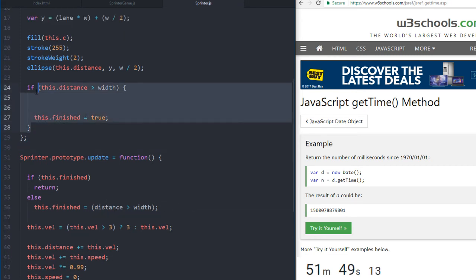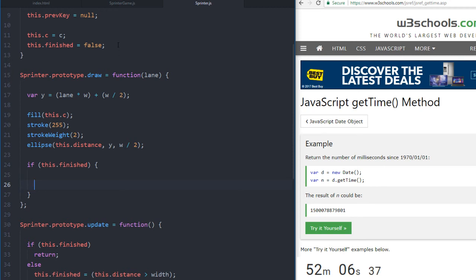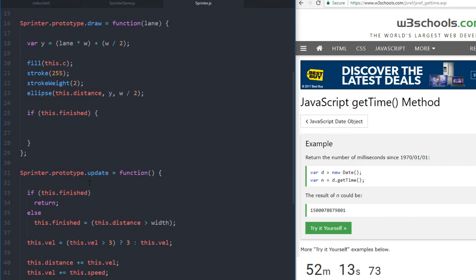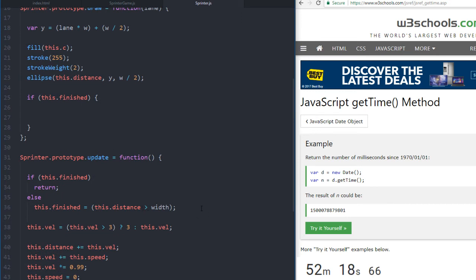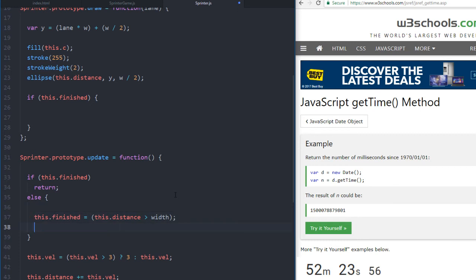So if that's good, we now just need to say if this.finished, we also have to put this.distance. If this.finished, then we are going to write their time. So now this.time equals 0, or 100 or something. No, 0. We're making it 0. So else that happens, and we say